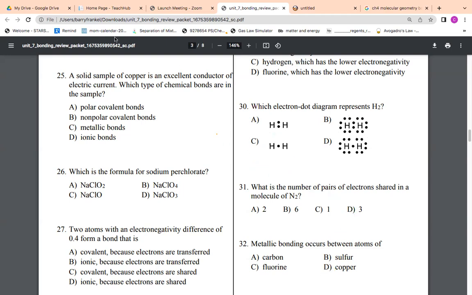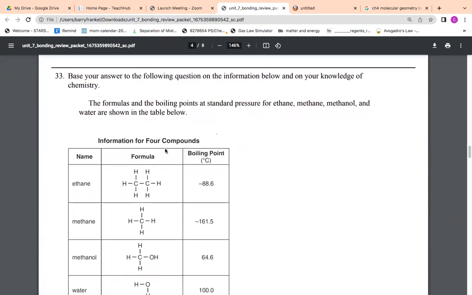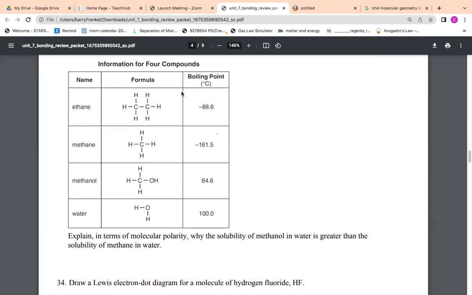Alrighty, next page, going down to 33. All right, so the formulas and the boiling points at standard pressure for ethane, methane, methanol, and water are shown in the table below. So we are being asked to explain in terms of molecular polarity why the solubility of methanol in water is greater than the solubility of methane in water. I really actually don't know. I'm going to go over this one, but